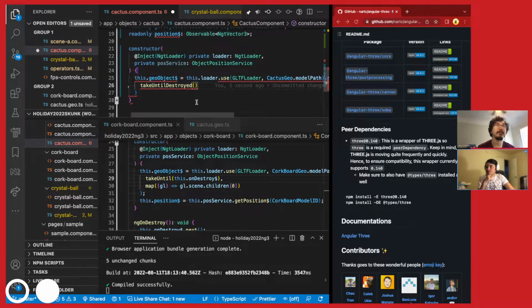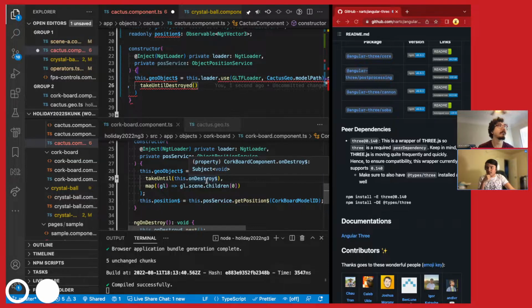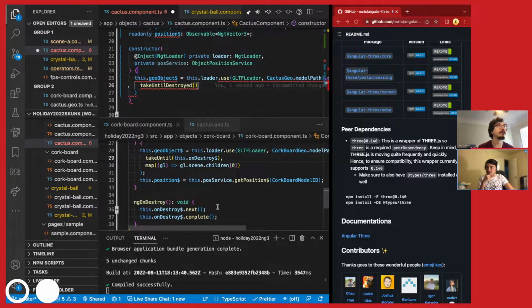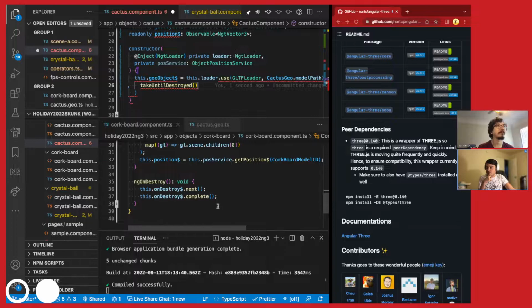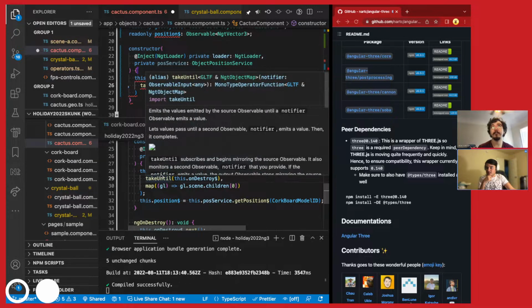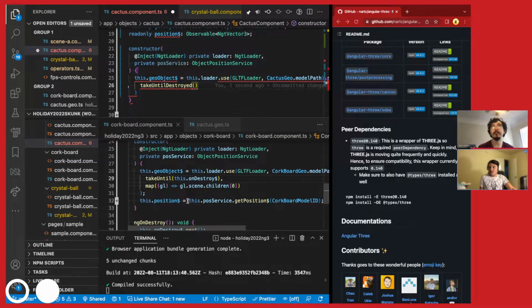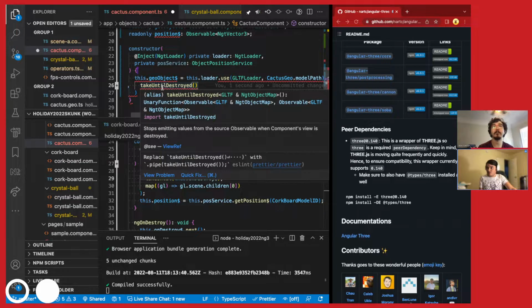But typically, if you're subscribing to something inside of a component and not inside of a template with the async pipe, you want to make sure that that subscription gets cleaned up. The pattern I have been using is takeUntil and then having a subject that emits on the destroy lifecycle event in the component, so the subscription will continue until either it ends on its own or the onDestroy thing emits, which will clean it up. But Mark showed me that you can have a custom operator in Angular 14